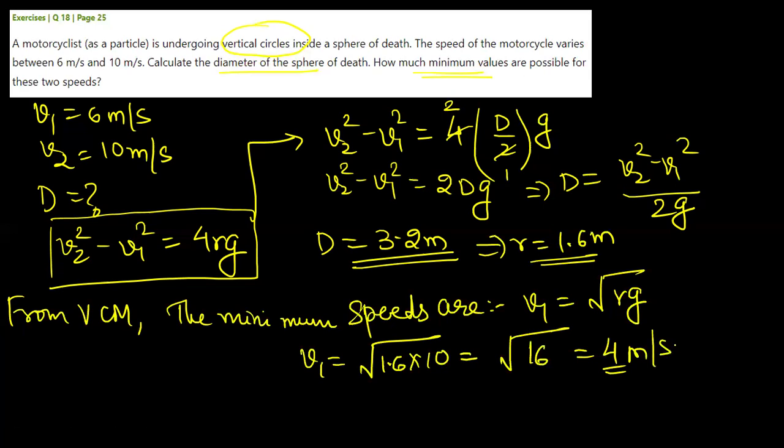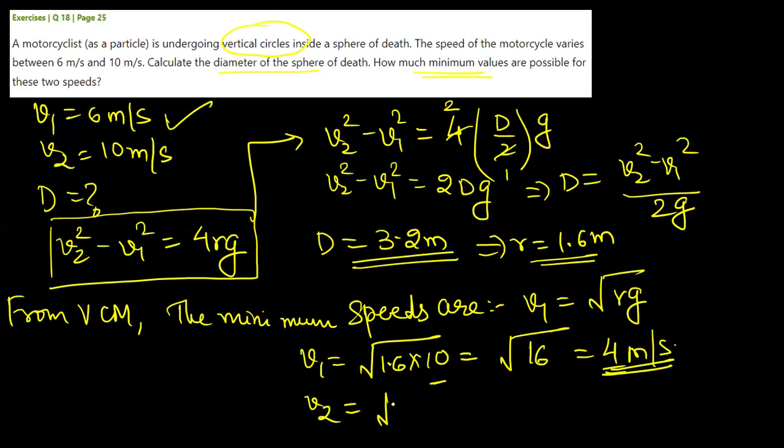See, ये मिनिमम स्पीड क्या है, मोटरसाइकिलिस्ट का जो वेलोसिटी दिया है ना v1 v2, ये इतने वेलोसिटी पे जा रहा है, इतने वेलोसिटी पे it is making vertical circle. इससे कम का भी कोई वेलोसिटी पॉसिबल है क्या, that is what you are supposed to find. He is already making a motion with this velocity, but the question is asking, is there any other minimum velocity apart from this which is given to you? So it is there which we have found out, मतलब minimum उसको 4 maintain करना पड़ेगा, ठीक है। और उसका velocity if you see 4 से ज्यादा ही है ना 6, means it will not fall, the motorcyclist will not fall in the circle because it is more than the 4 velocity, that is 6 given to you।